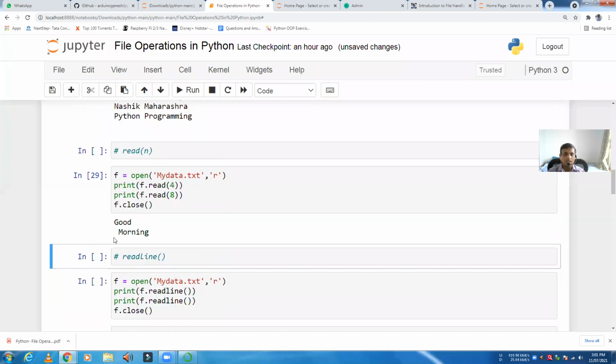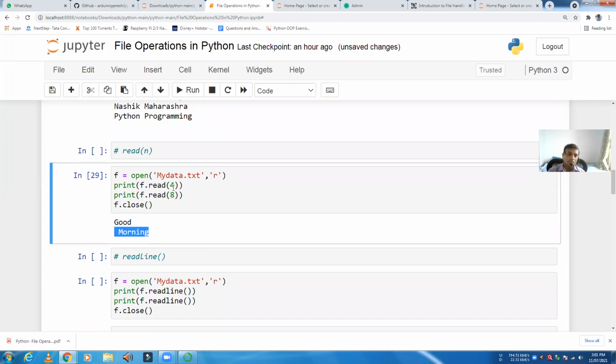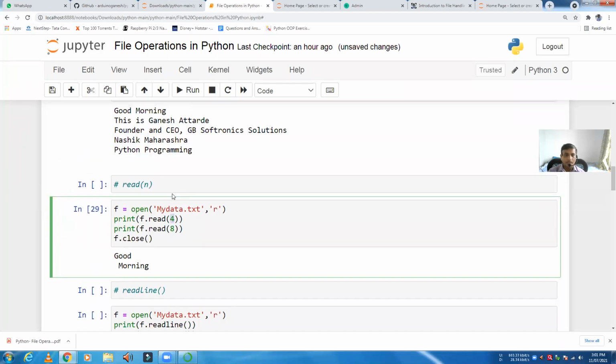First is good, second is space with morning. Are you getting that? So to the read function I can give an argument. If you give the argument, then it will read only that many characters.